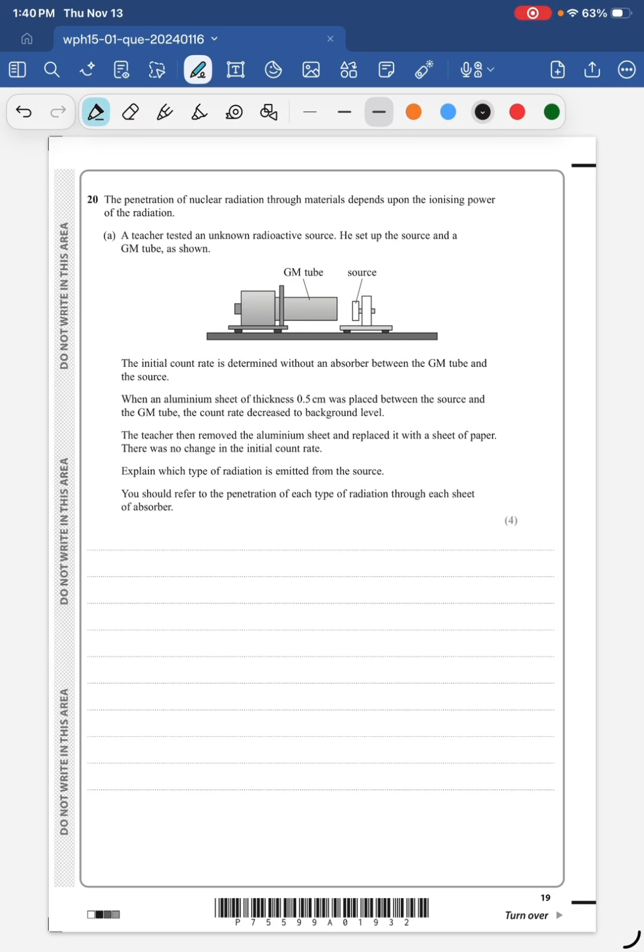The teacher then removed the aluminum sheet and replaced it with a sheet of paper. There was no change in the initial count rate. Explain which type of radiation is emitted from the source. You should refer to the penetration of each type of radiation through each sheet of absorber. Okay, so